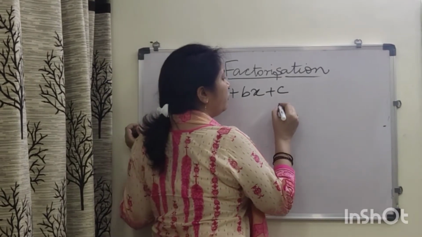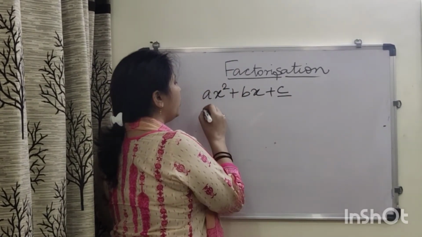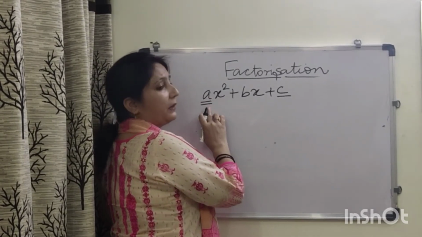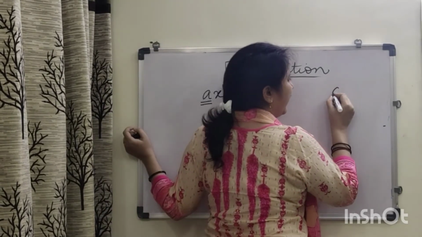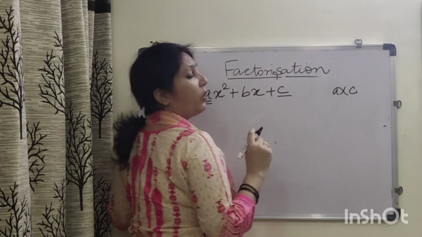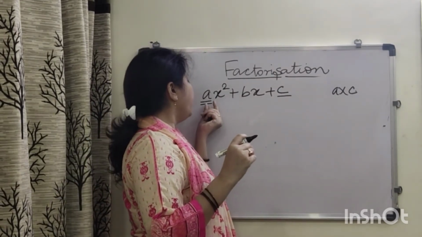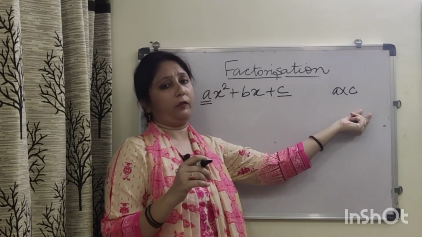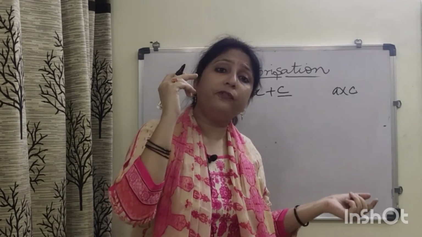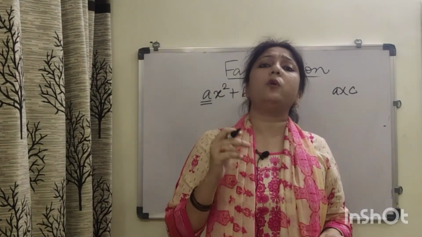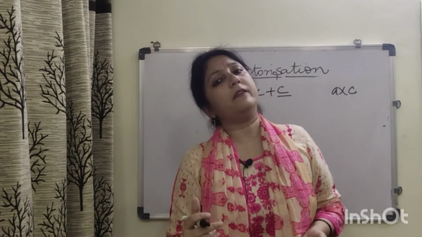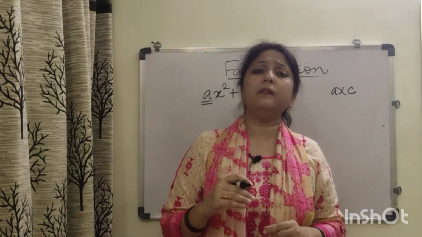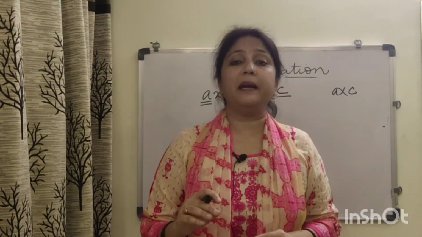Children, now instead of only looking at the constant, we take the coefficient of x square, that is a, and the constant, and get their product. We take the coefficient of x square and the constant and get the product first. And of that product, we try to get the two factors whose either sum or difference is the midterm.